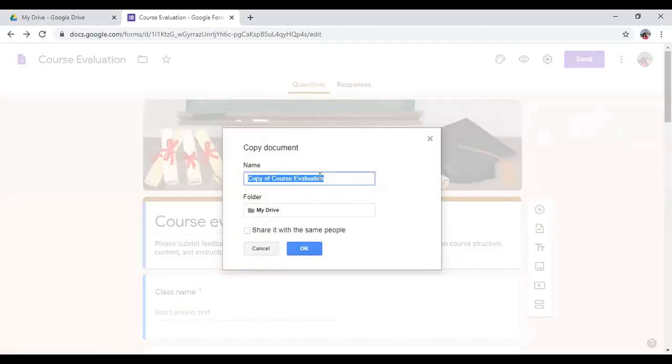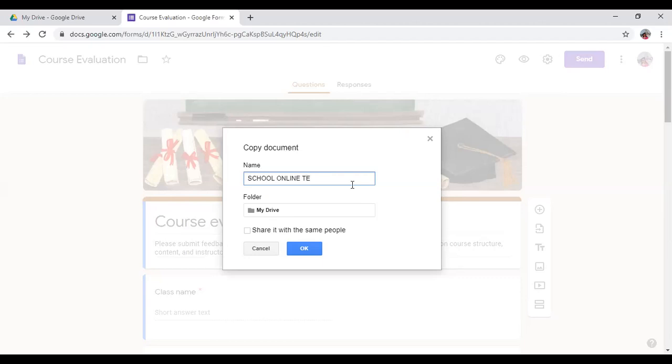Here you can rename it and choose where you want to save it. Give the name of the form: School online test.